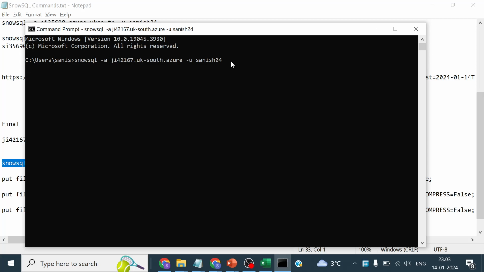Once you give enter, it will take a couple of seconds and it will ask for a password. So this is the password that you have given while signing up in your Snowflake account. Okay, just give enter. Once you give enter, it will connect to your SnowSQL account. Now